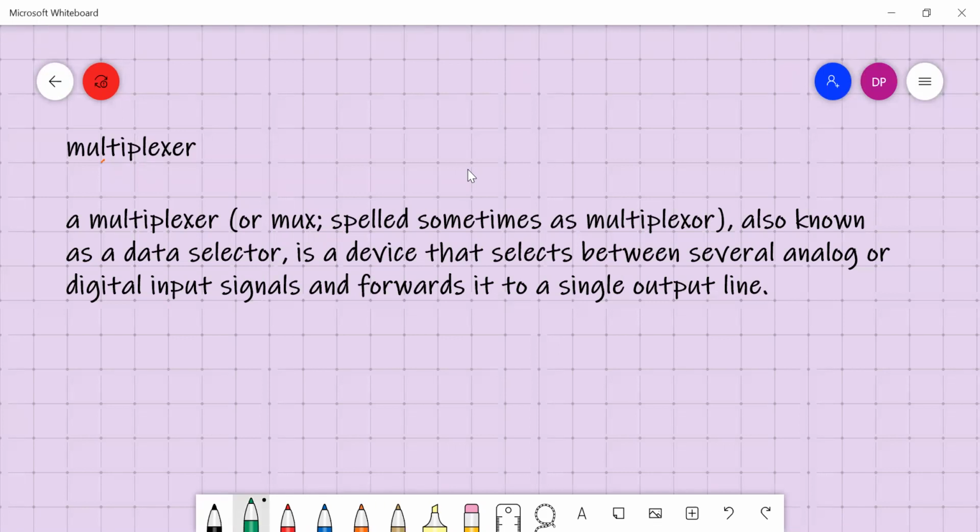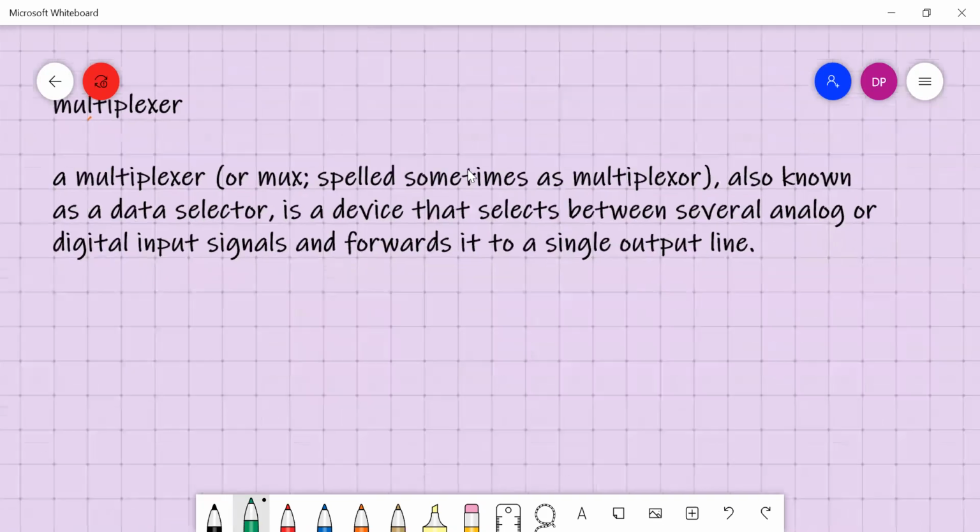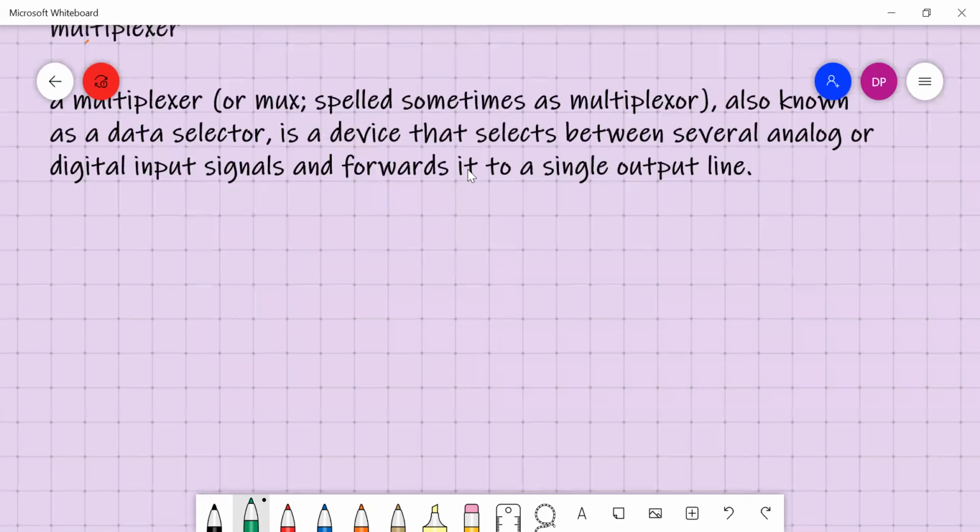Multiplexer, we can write it as: it is a logic circuit, especially a combinational logic circuit that allows